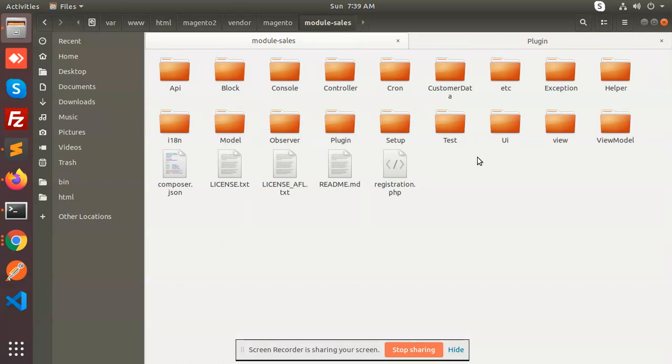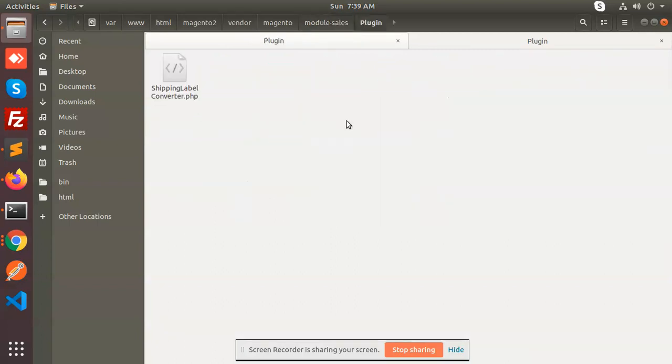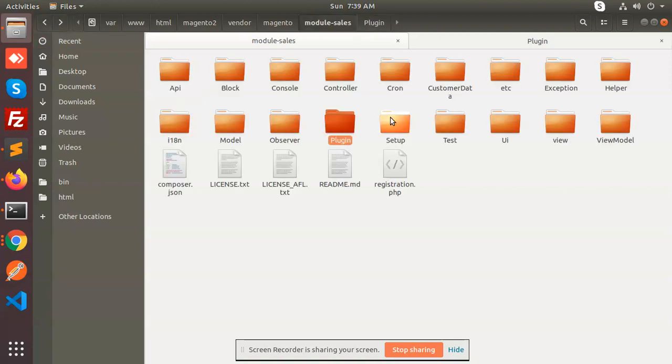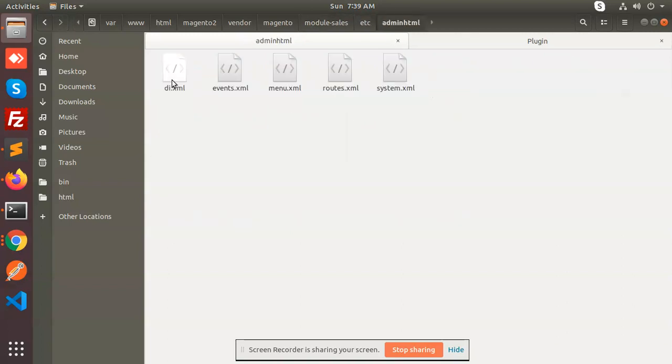This is the whole structure that we have. We have a plugin method, shipping label converter. They have. Go to the adminhtml, etc adminhtml.